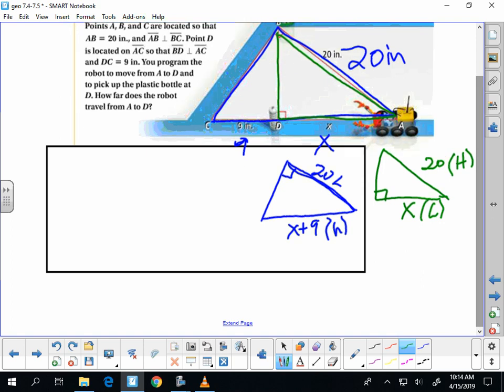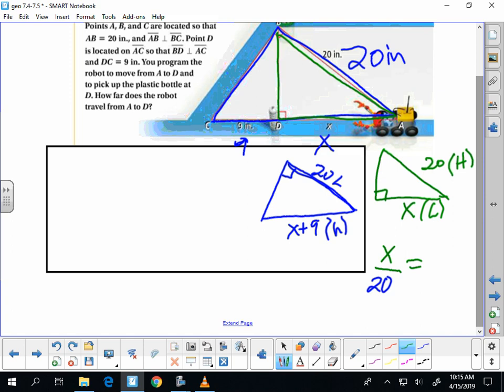Give me a proportion. What over what? X over 20. X from the green triangle, which is the long leg, over 20, the long leg in the medium triangle, equals,